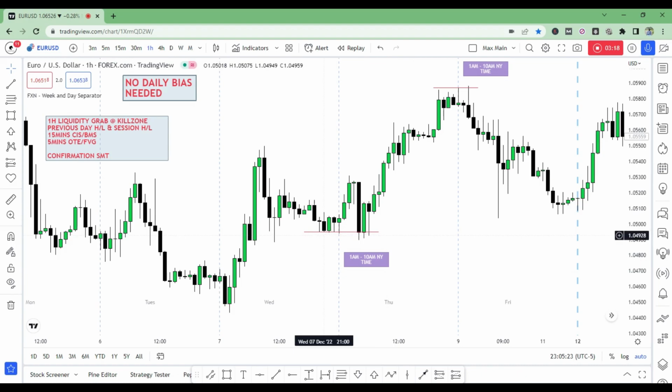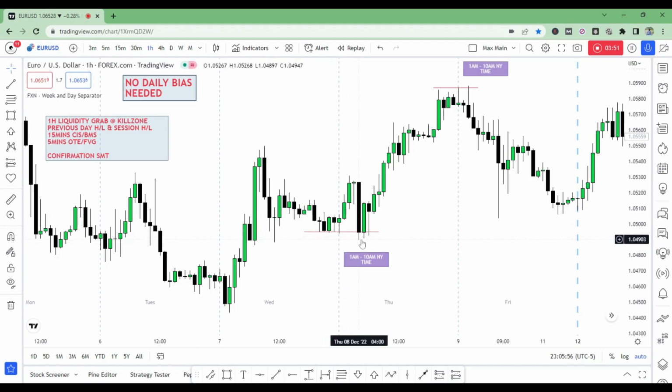So what I look for when I say liquidity grab, look at this low. This is an Asian session. We also have an Asian session which runs from 8 p.m. New York time to 12, 00 a.m. New York time. So this is the Asian session. What I'm looking at, I want the lows created either in the Asian session, the New York session of the previous day, or the London session to be taken out.